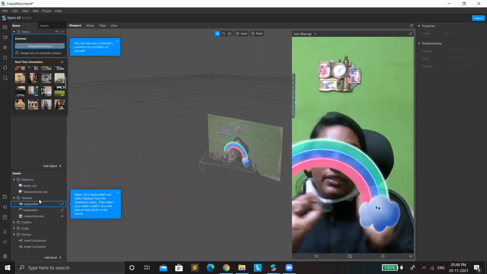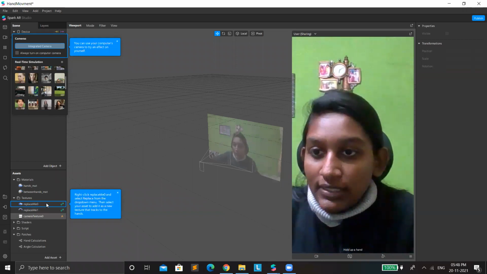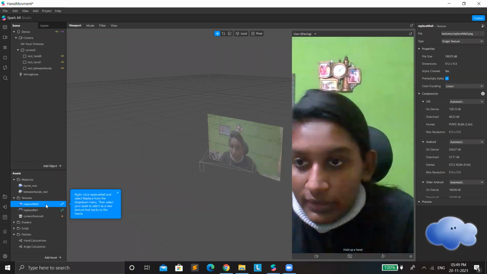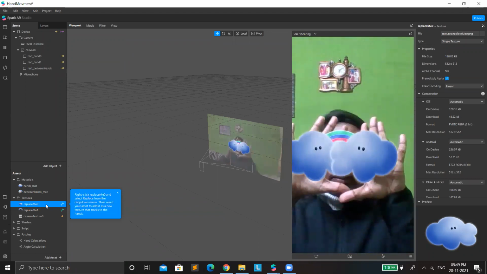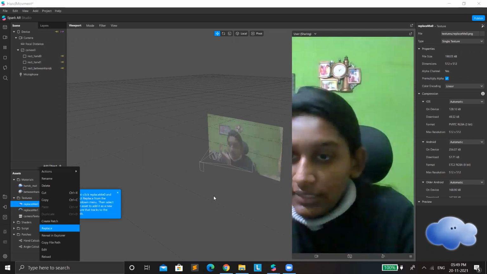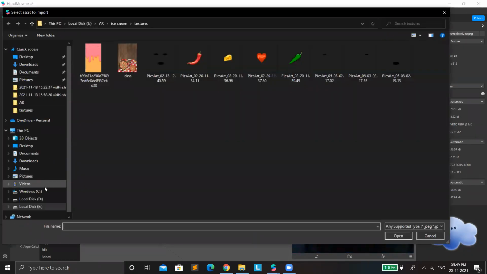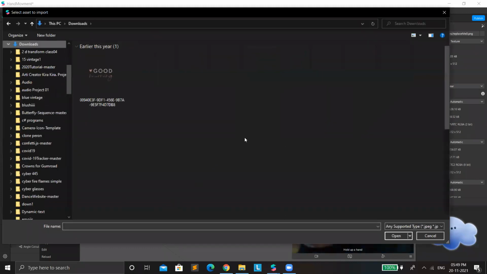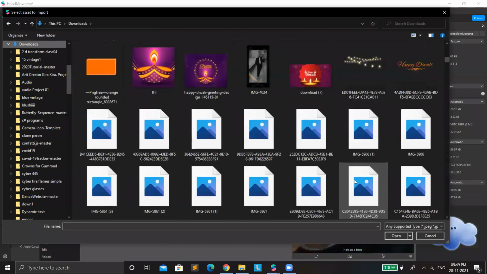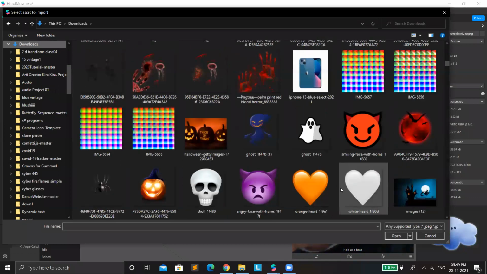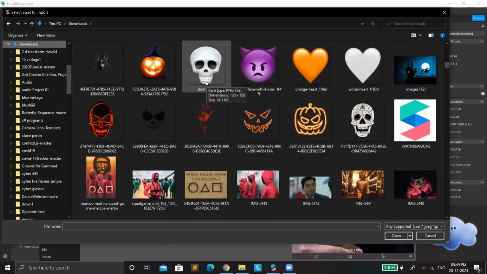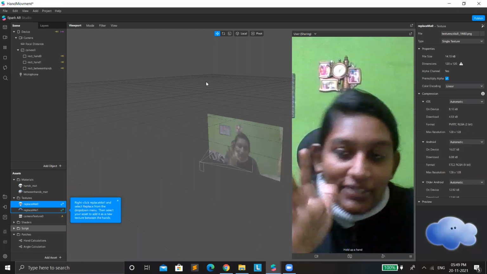So if we figure out how it is actually working, as a beginner, what you can do is you can just replace the texture. So for example, if we replace this clouds with something that we could just see, let's go to download and see if anything is there. For example, let's take this one. So see,